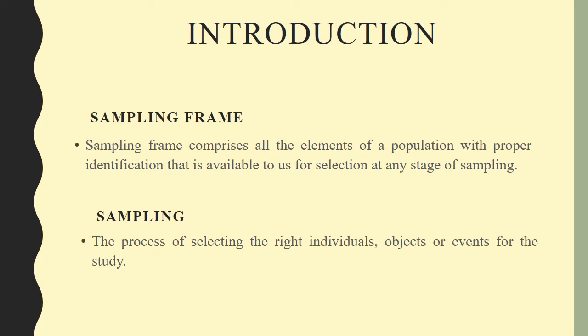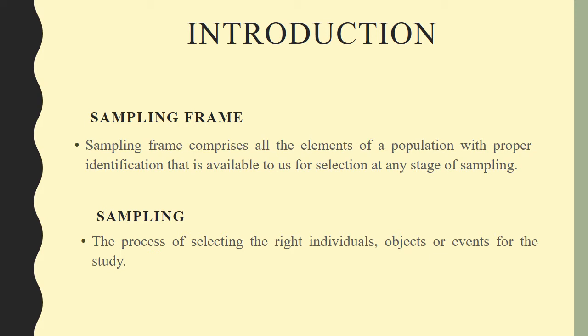Even here, one more example I would like to quote is the list of registered voters in a constituency, which could form a sampling frame. One more example we could take is the number of students registered with a university, such as Pune University. You can take Hyderabad University too. There are many universities, right? So the number of students registered with a university forms a sampling frame. The payroll of an organization can also be an example of a sampling frame.